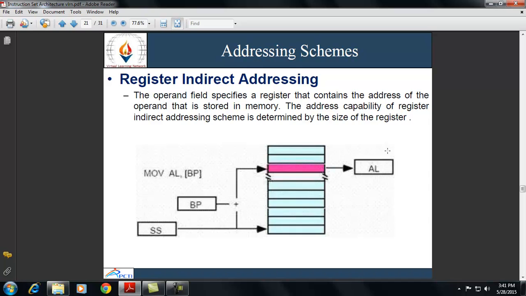The index register is a special CPU register that contains an index value, and the contents of the operand field A is taken to be the address of the initial or the reference location, or you can say the first element of the array. The index register specifies the distance between the starting address and the address of the operand. So, the effective address can be achieved by adding the address of the initial or the reference location plus the contents of the index register in case of indexed